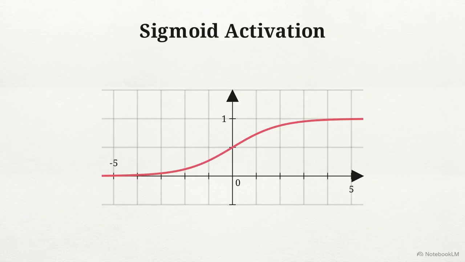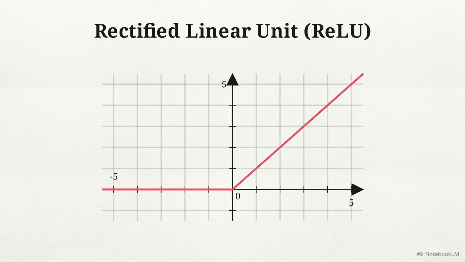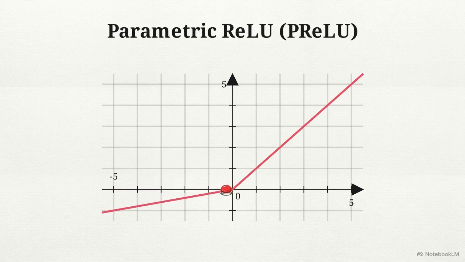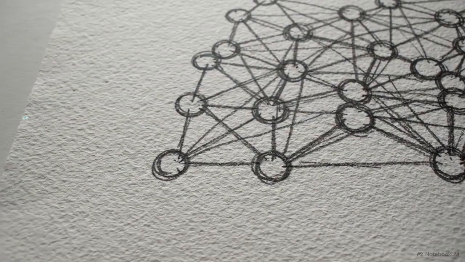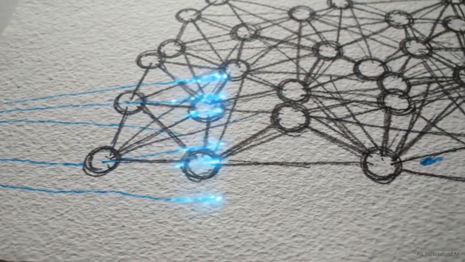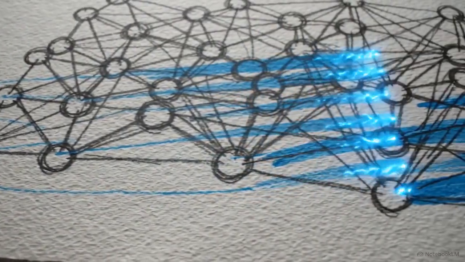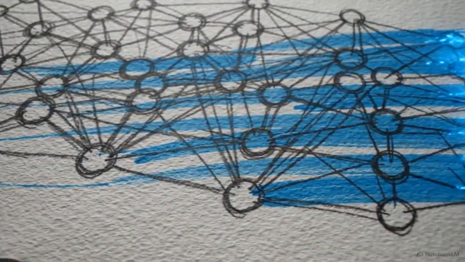to calculate at scale. Modern networks typically use the rectified linear unit, or ReLU. It clips all negative values to 0 while passing positive values through linearly. Over time, certain outputs can become 0 and fail to revive, leading to the dying ReLU problem. To mitigate this, variants like p-ReLU introduce a small learned leak coefficient to prevent nodes from zeroing out completely. Selecting the correct activation function is a critical architectural choice that ensures the network can successfully model complex data relationships